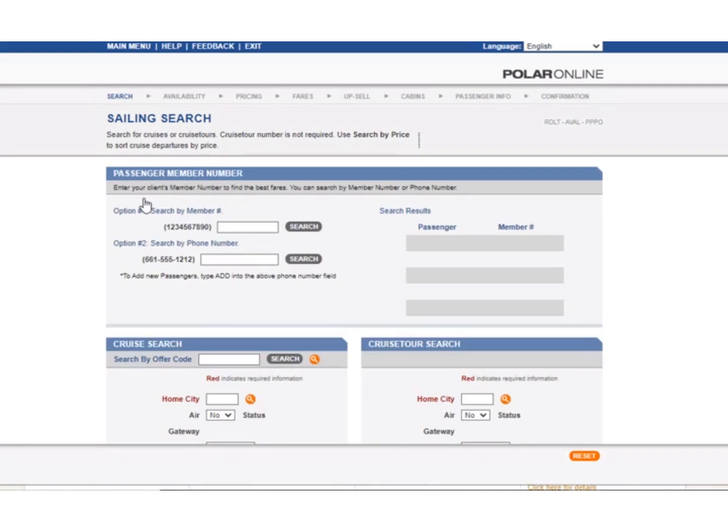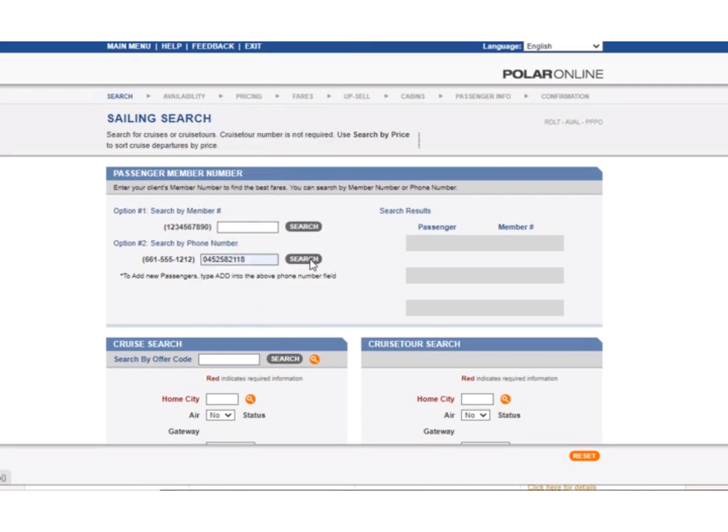It's crucial to enter your client's membership number at this point to ensure that there are no duplicate numbers created and all the cruises are reflected correctly on one number so that the loyalty status is correct for your client. You can search for their membership number by their phone number, or if you know it, use this field here,